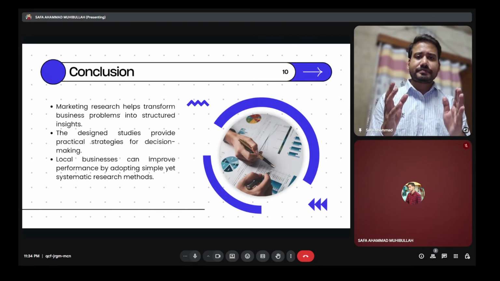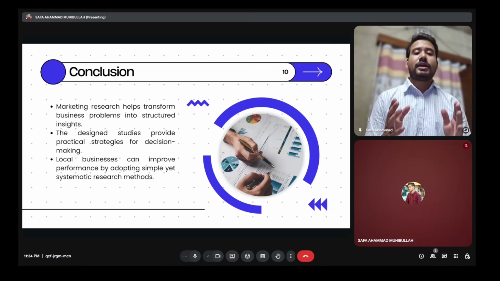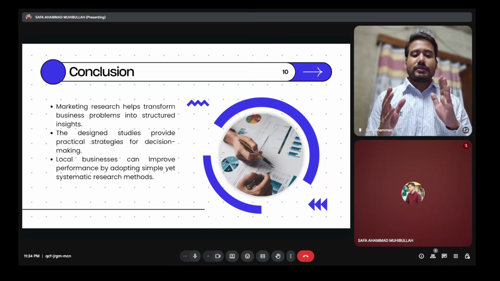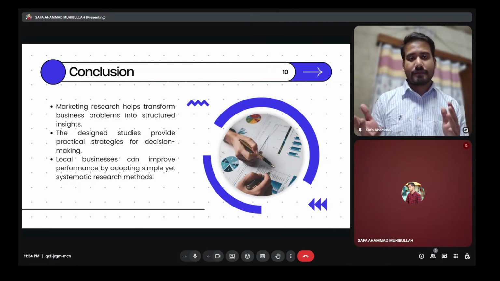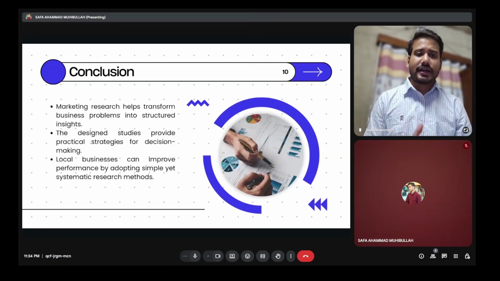most logical solution and almost 99% of problems get solved. And also it showed that research